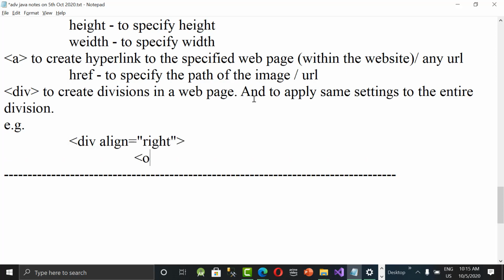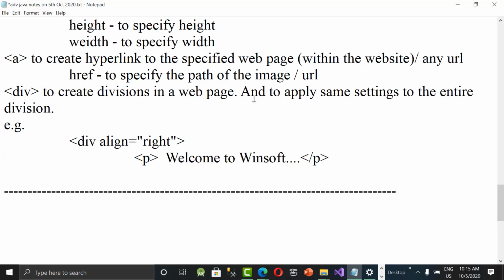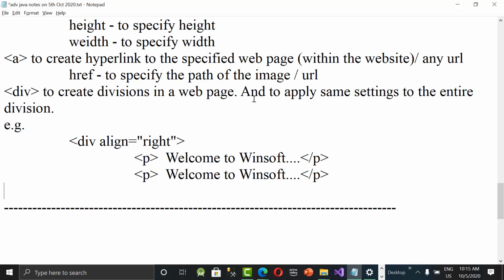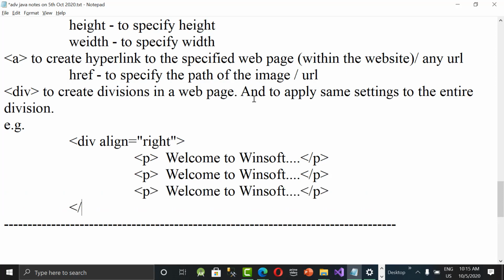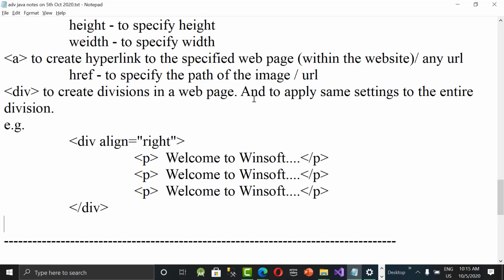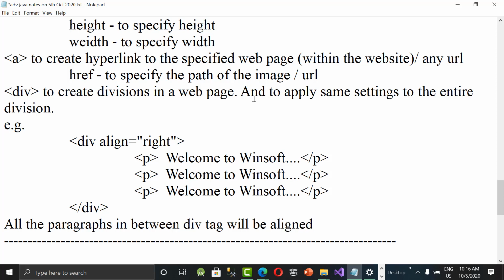Something like welcome to Winsoft, I said. Okay. So all the paragraphs in between div tag will be aligned right. Okay. So this is what about div tag.